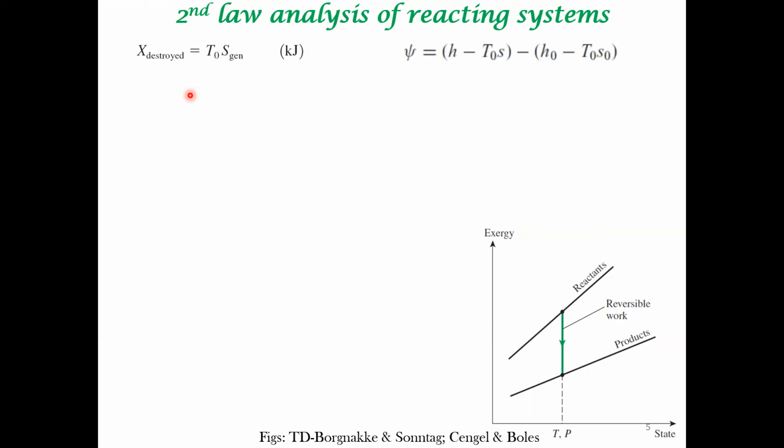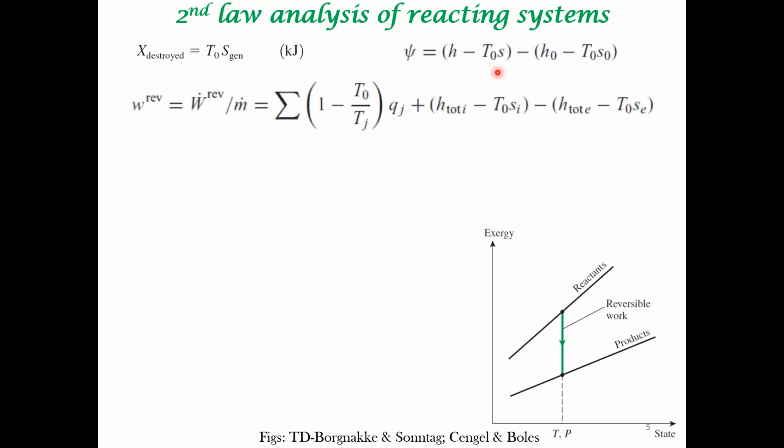There we talked about exergy at the inlet and exergy at the outlet. For a flow system, things are flowing in and things are flowing out. This is the outlet exergy and this is the inlet exergy. So that has an enthalpy, and T0 is the ambient temperature, and so on. We had already done this when we dealt with the exergy balance of a steady flow system. So there we wrote this equation.